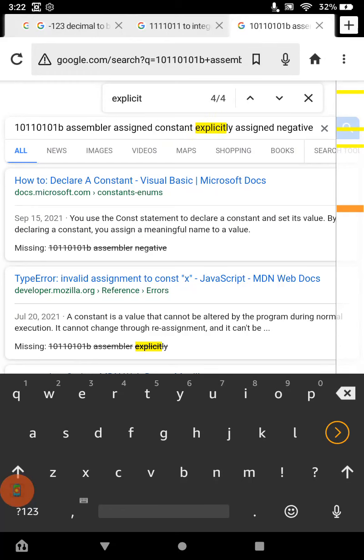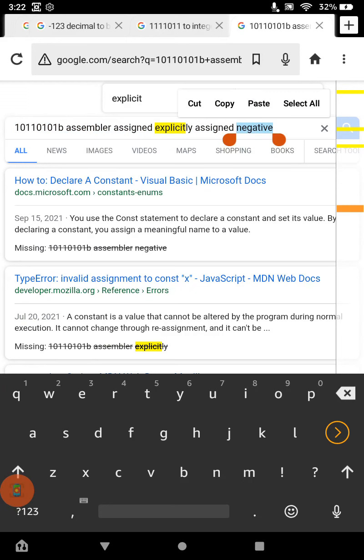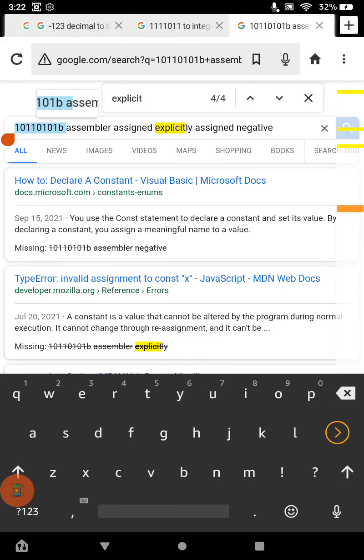I'll just move that. But let's say it was assigned explicitly this value. The reason why I say explicit is because the first bit is given a 1, and then that would indicate that would be a negative value. And where the programmer is saying to make this value, this binary value of 7 bits following the B symbol to